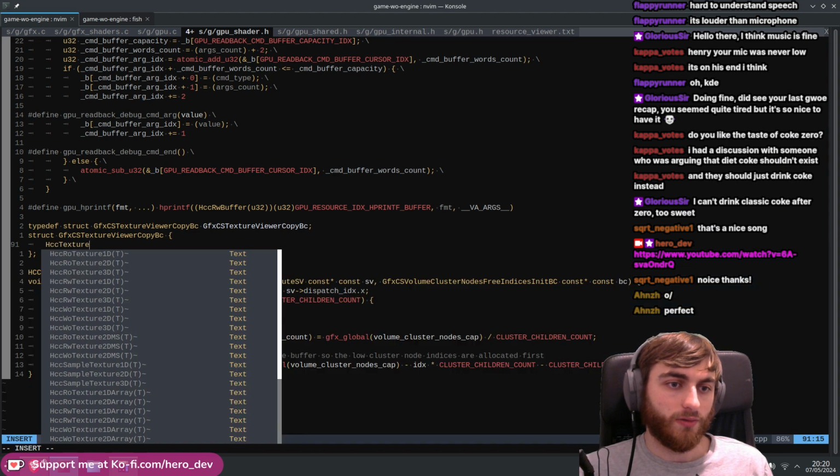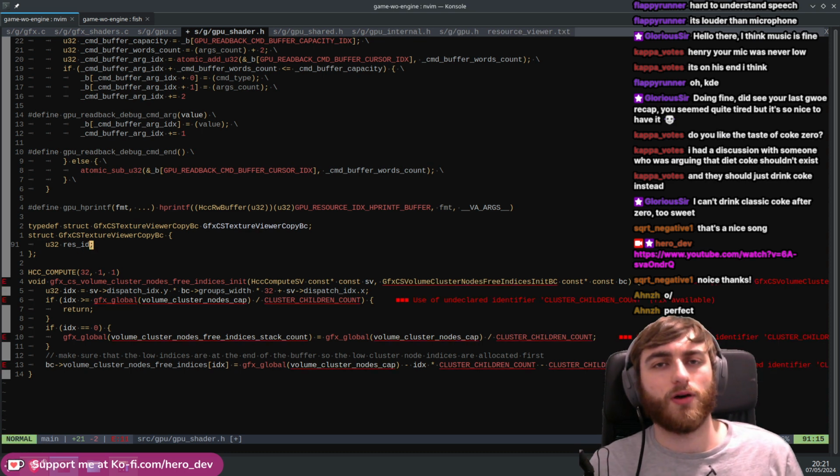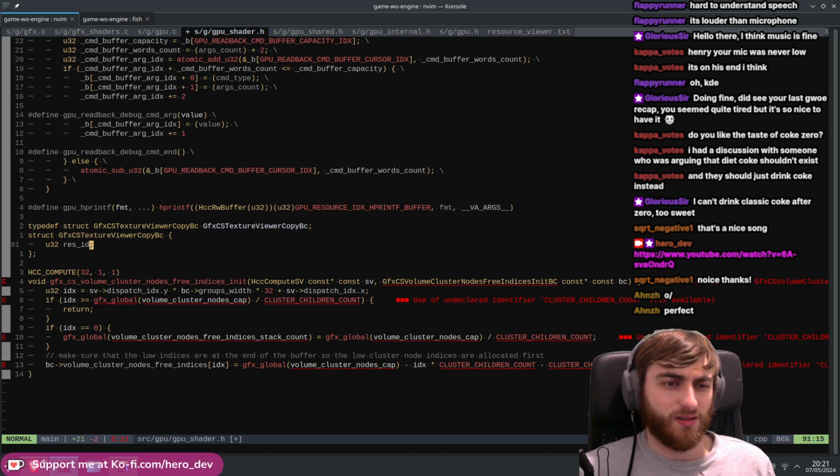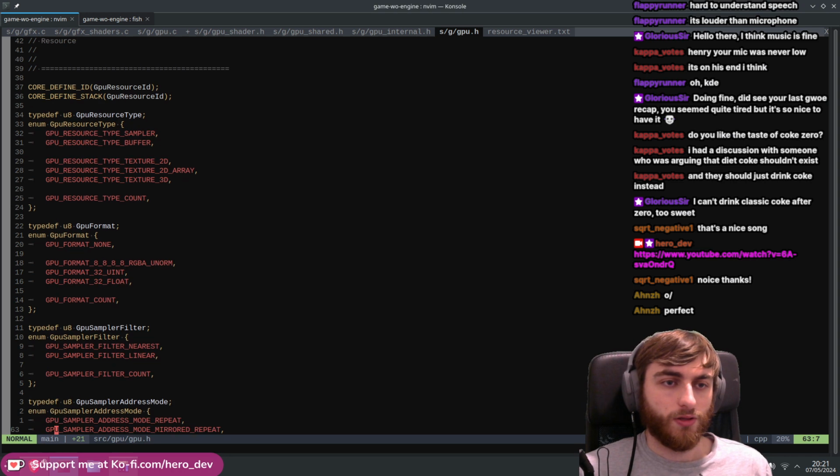So we need a texture 2D, which is a resource ID, but we're going to have to pass in some information to know what type it is. So actually, we don't really have that GPU accessible right now. So we need to move